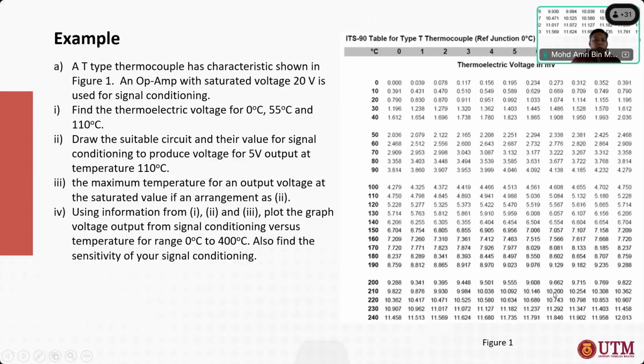So there are 3 parts. As the characteristic shown in figure 1, an op-amp with saturated voltage is used for signal conditioning. Find the thermoelectric voltage for 0 degree, 50 degrees, and 100 degrees Celsius. Draw the circuit and their values for signal conditioning to produce 5 volt output at a temperature of 100 degrees Celsius. So it means that we need to do some amplification. Okay. But before that, the question asks you to find the thermo output, number 2,